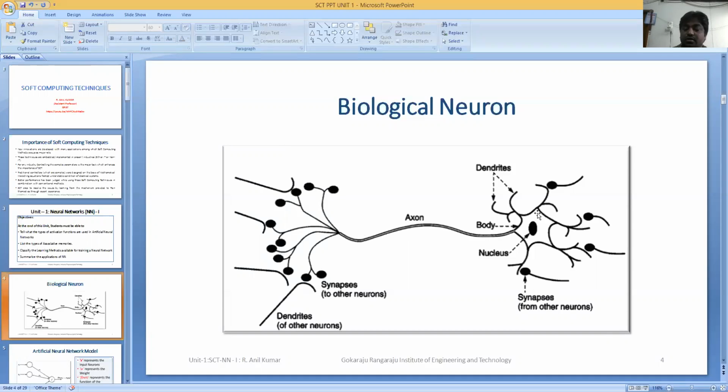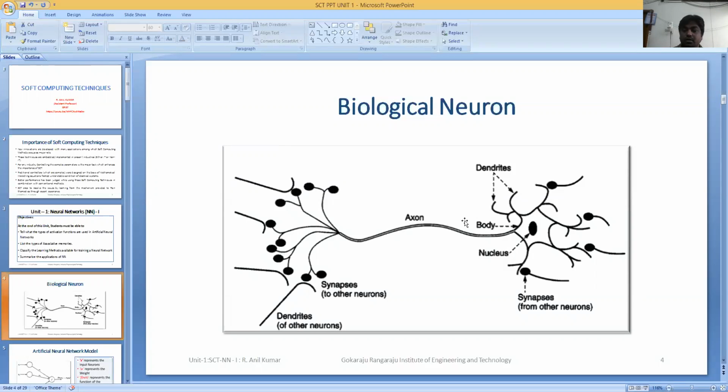This is the body. Whatever inputs we give to the axon are passed to the body. These inputs we can call dendrites and synapses, and they go to the body through the axons, neuron and axon, with a signal flow graph as shown in this figure, from inputs at the dendrites to the outputs at the axon terminals.